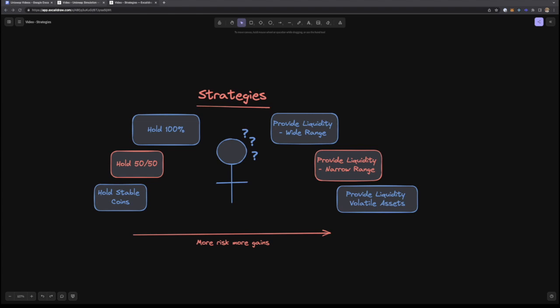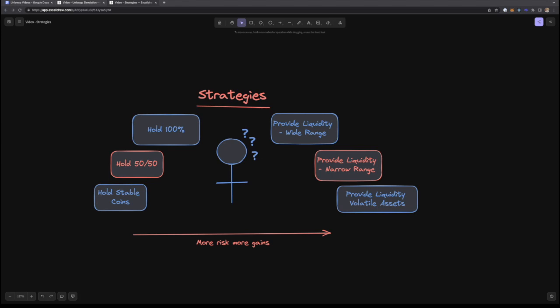The next is, suppose you have two tokens, a token pair, you can hold 50-50 of both the assets, which is a bit riskier because the token prices change. Instead of stable coins, you're holding maybe 50% stable coins and 50% of some asset. Could be Ether, could be Uniswap, any other token, or could be altcoins. So a bit more upside, and a bit riskier, 50-50. And then the other is you're holding on to 100% of the assets which can change in price, like Ethereum, Optimism, Uniswap, Aave, Compound, any of those. More upside because 100% of the assets are there. As the value increases, you get 100% of the upside, but if the value decreases also, there is the risk of losing the value. And then when we go to the